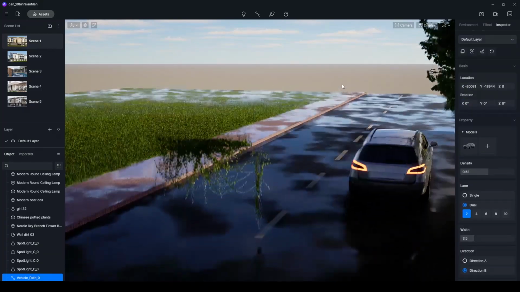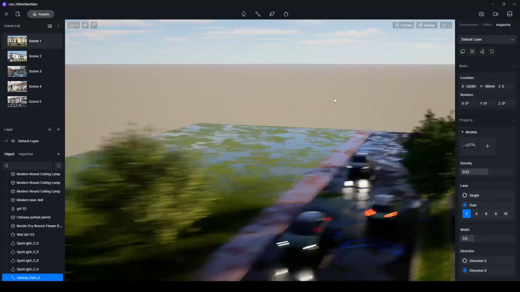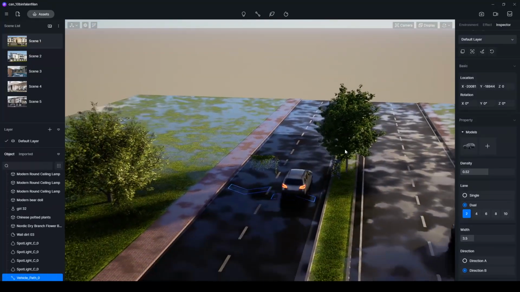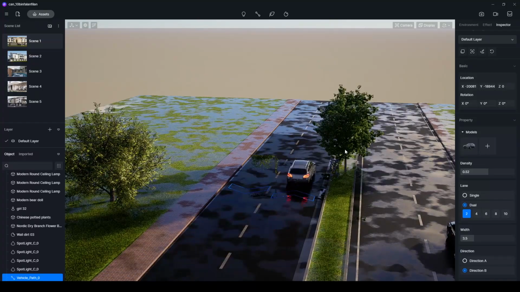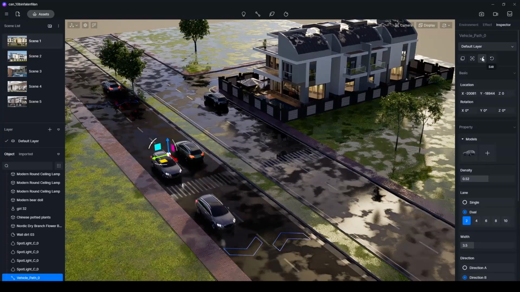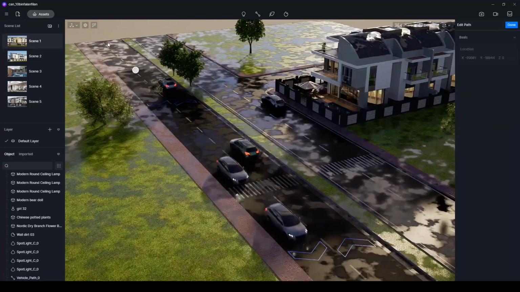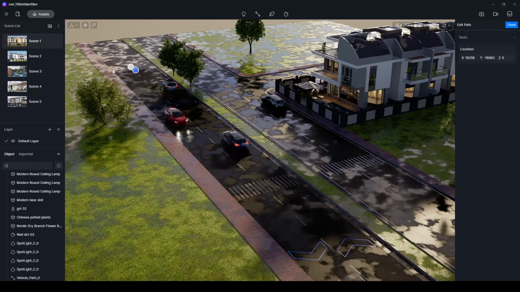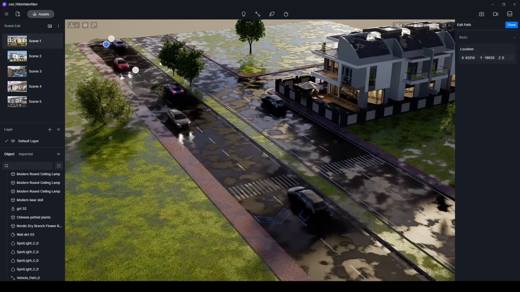I think you are familiar with this vehicle path from Lumion or Twinmotion. Now we have the same path designing tool in D5 and this is very useful, as you can see. For instance, we can click edit and we can add more points. Let's click this first and insert a new node.